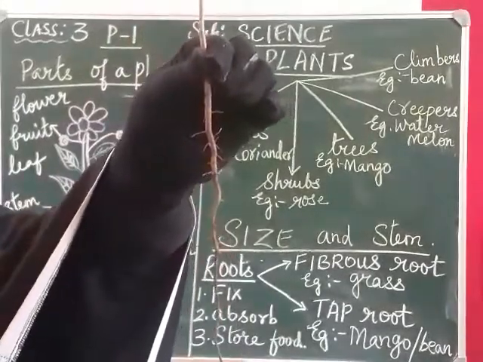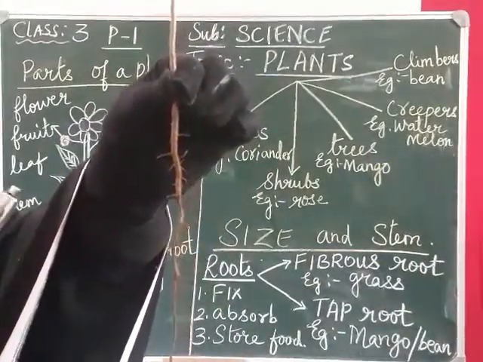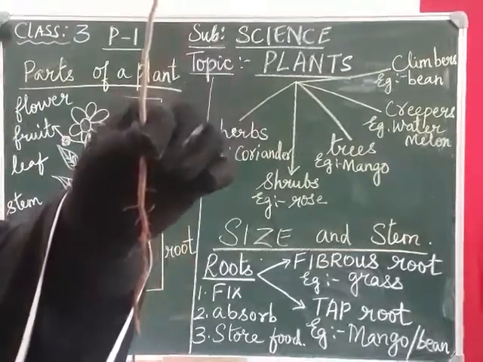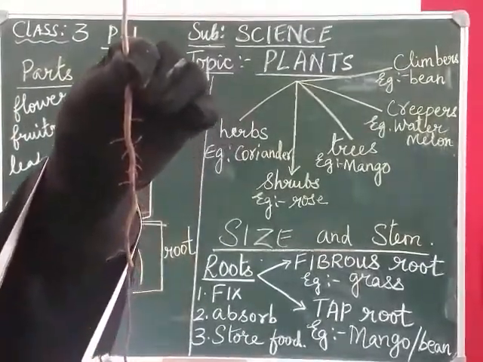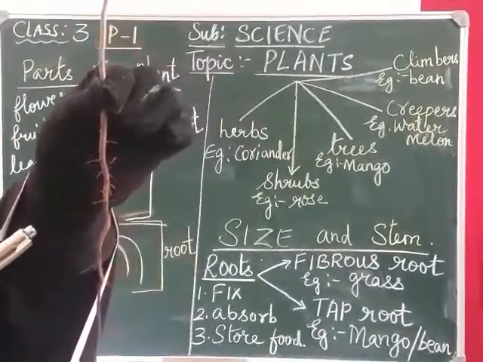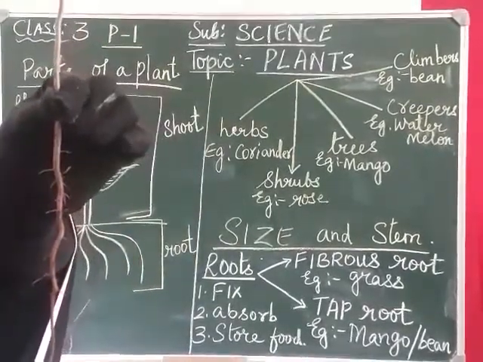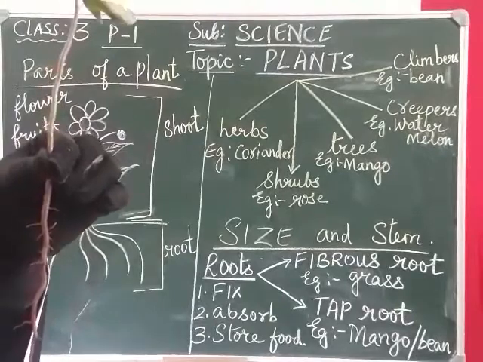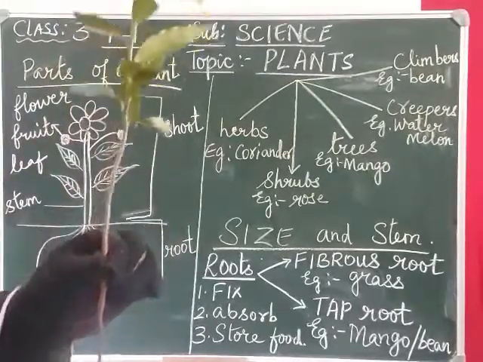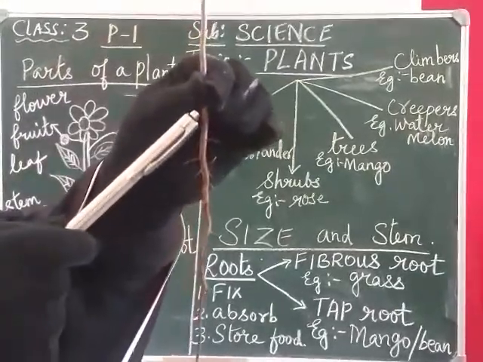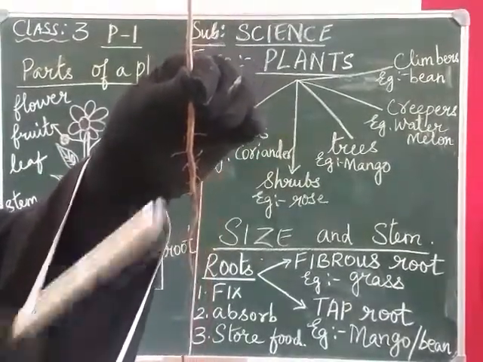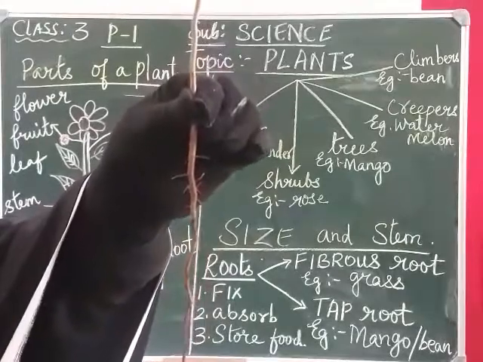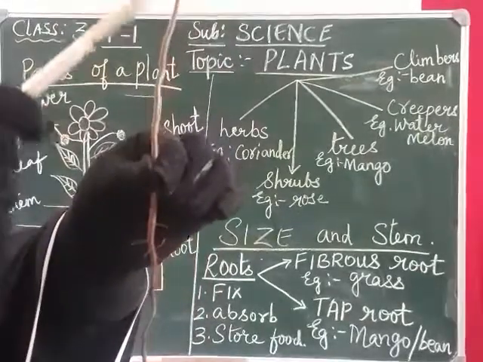Now look at this plant. I will tell you which is the root system and the shoot system. Below this, this part of the plant is under the soil. So this is the root system, and this part of the plant is above the